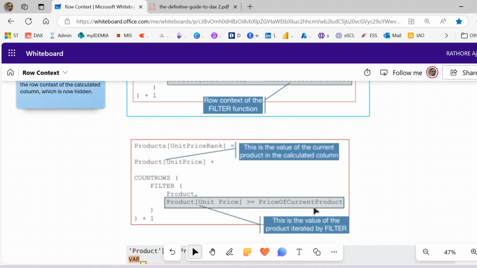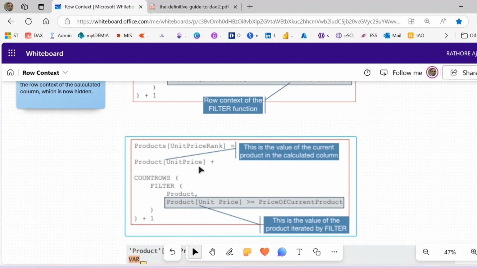For your understanding, if one doesn't write this code inside the FILTER function, then we can easily access the product unit price from the row context created by the calculated column.